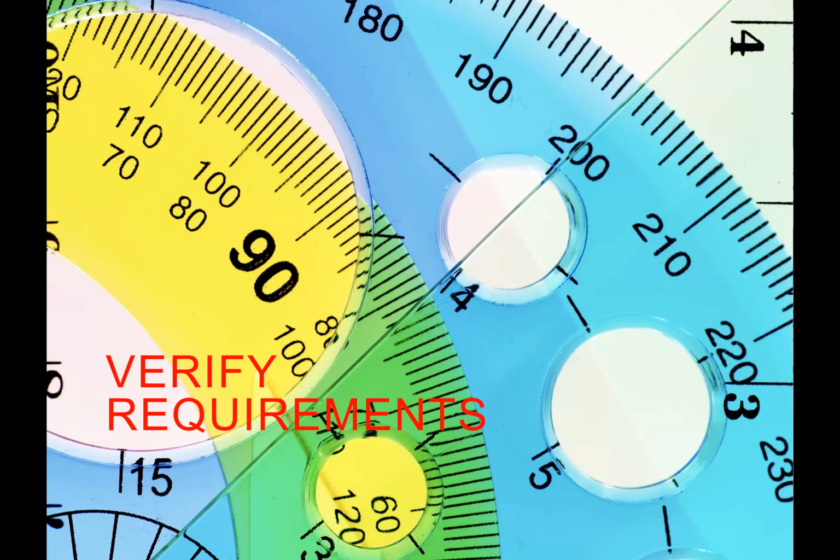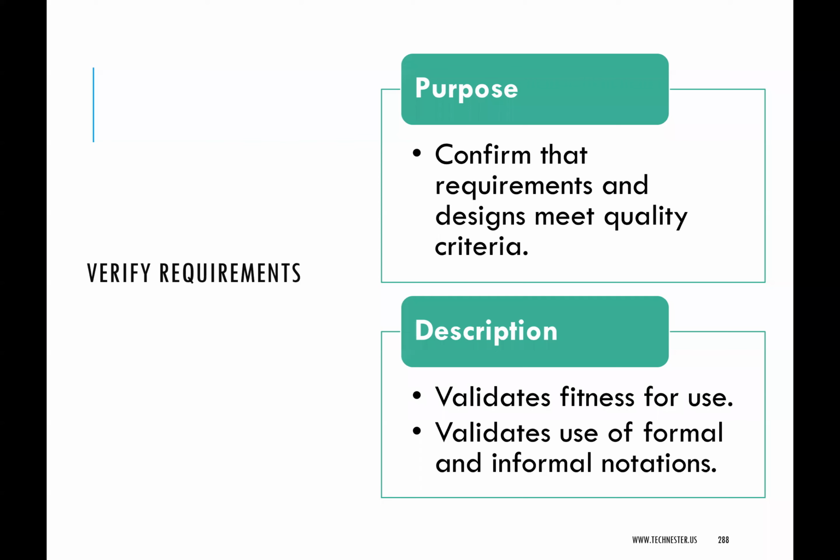So like I was saying, the next step after specifying and modeling requirements is verifying those requirements. So what goes into verifying requirements? Verifying requirements means you want to confirm that the requirements and design meet quality criteria. And that's broad, right? When we say quality criteria, the next question should be what quality criteria? Well, quality criteria for requirements. And we've talked about the characteristics of quality requirements, but we'll go over them again today in terms of your